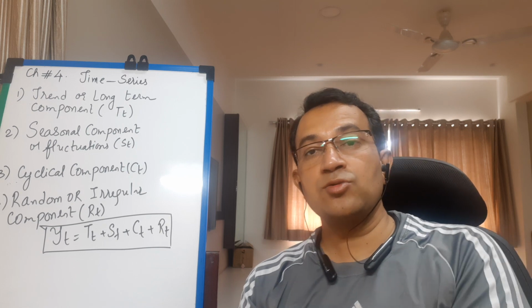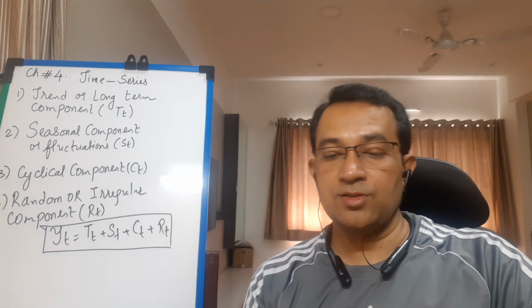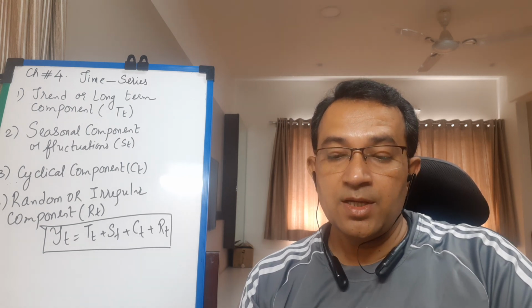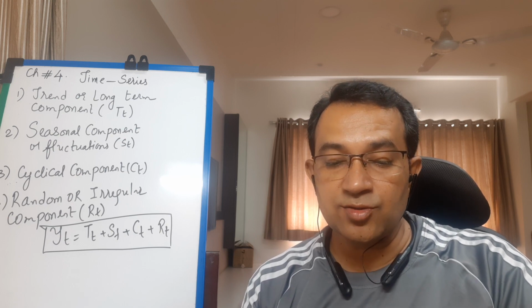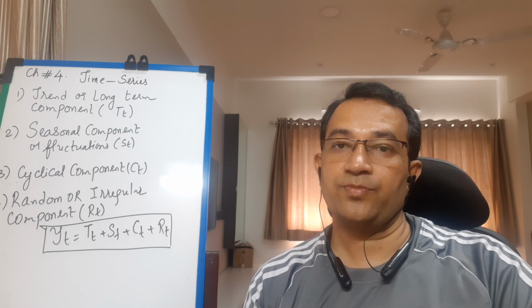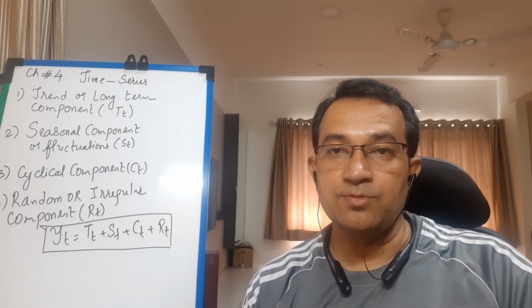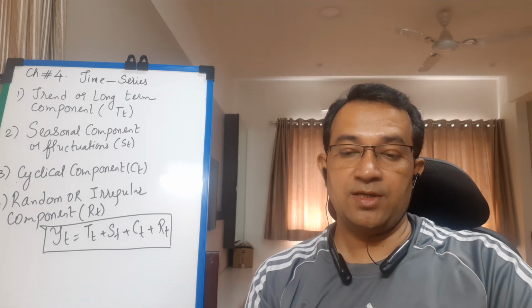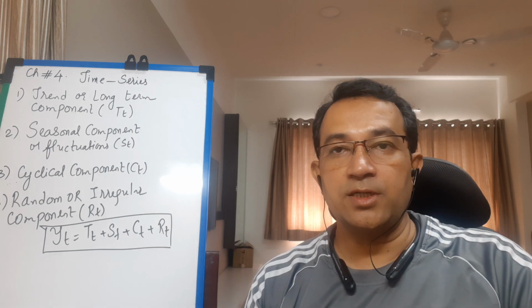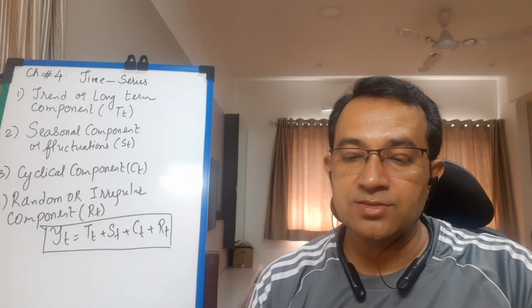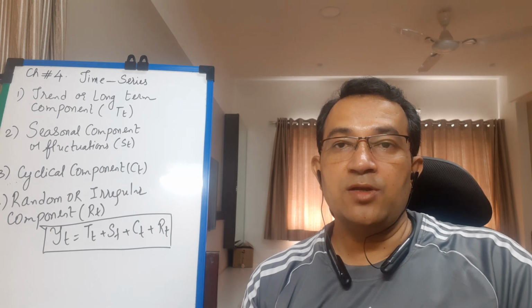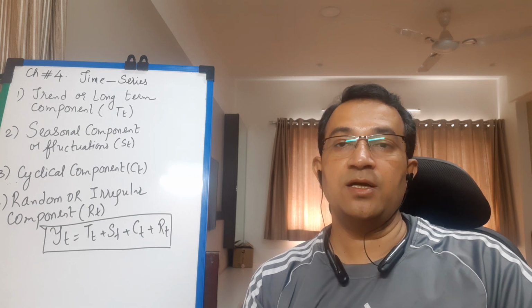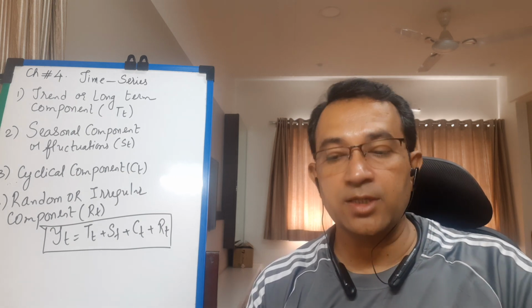Now, seasonal component, students, affects the time series in two different ways, as follows. Effect of natural factors. The variations in the value of time series in association with the season or weather fluctuation. Effect of natural factors means there are changes in the values of variable quantity according to the seasons, and such variations, students, almost occur at regular time intervals. So the variations in the values of variable quantity in association with the seasons or weather fluctuations almost occur at regular time intervals.